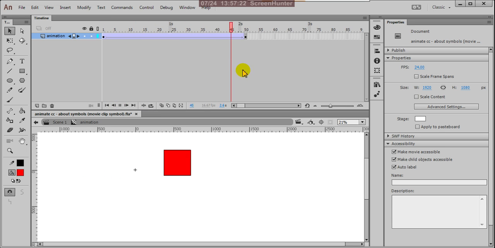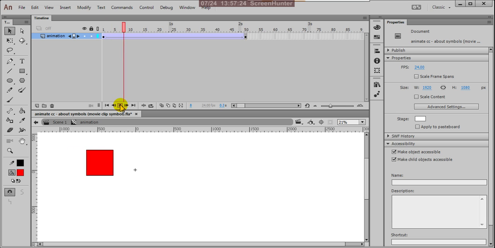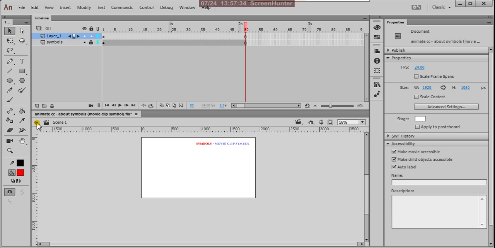Just a few minutes back what you did, that is okay. But come out from the symbol editing mode, or otherwise click on the arrow mark. This is your actual stage.